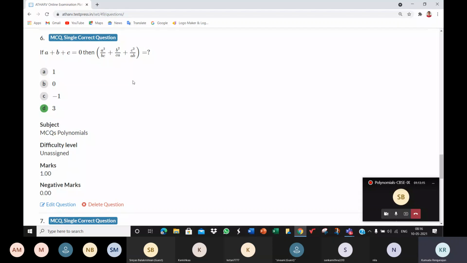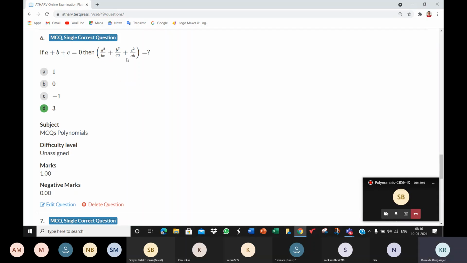See, like in two fractions, when you have 4 and 6 in the denominator, the LCM is 12. The least common multiple of 4 and 6 is 12. But you can take 24 also as the common denominator. 24 can be a common denominator. 48 can be a common denominator. 60, 120, 360. A common denominator can be anything, but the least common denominator of 4 and 6 is 12.